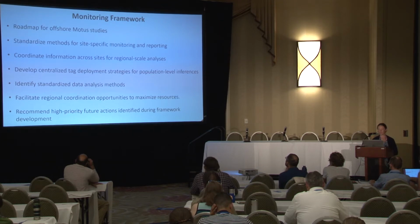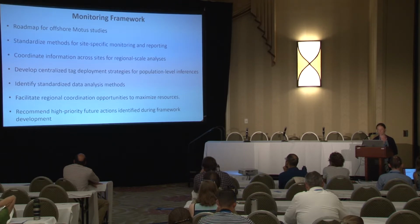Lastly, we developed a monitoring framework that provides a roadmap to design and implement offshore Motus studies. Specific objectives of the monitoring framework are to standardize methods for site-specific monitoring and reporting, coordinate information across sites for regional scale analyses, develop centralized tag deployment strategies to inform population-level inferences from individual-based tracking data,